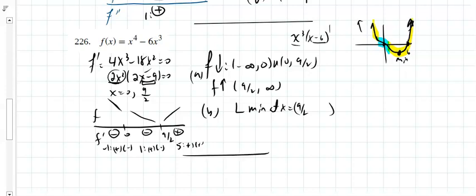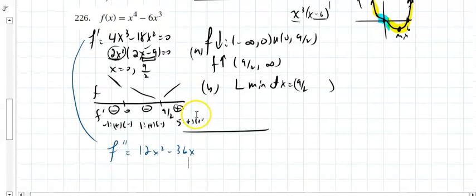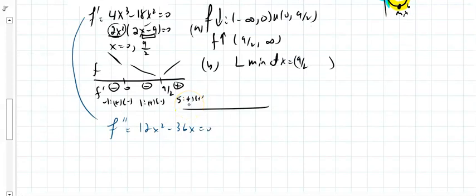Now we're going to do the same, but for the second derivative test. We take another derivative of that. F double prime will be 12x squared minus 36x, and we're going to do the same thing. We're going to say, where does that equal 0 or undefined, but it's defined everywhere. We could factor 12x out, x minus 3. So we get x equals 0 or 3, and if we do the testing,